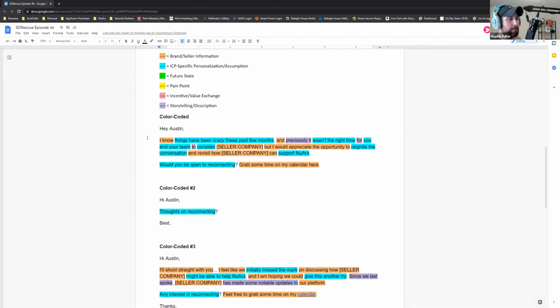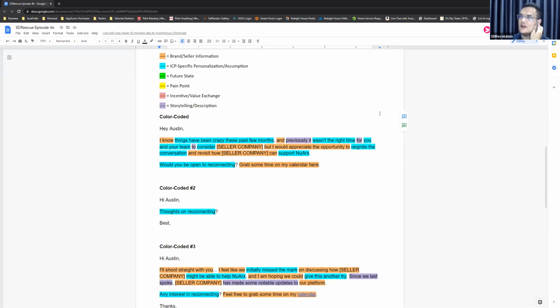Let's break it down into the color codes here. Color code brought to you by Grayson. Grayson, what are your thoughts on this? Maybe you want to shed some light on why you color coded some of the stuff you did and how that works. Yeah, so I think this is a perfect example to walk through